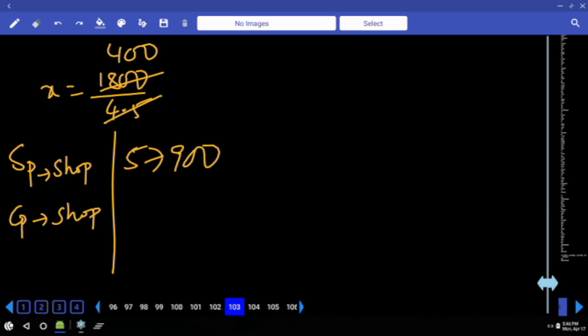Yes. Now in the question they mentioned on each item he is getting 20% profit. If the cost price is 100%,